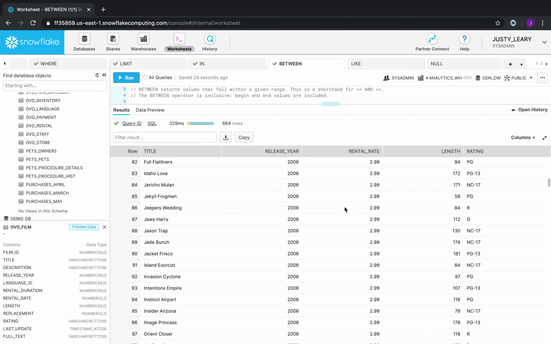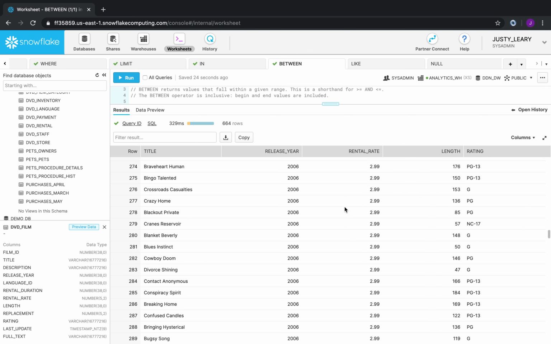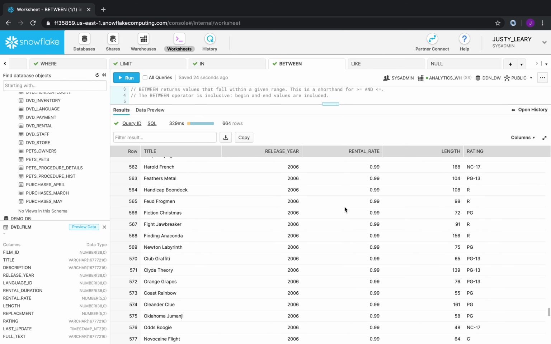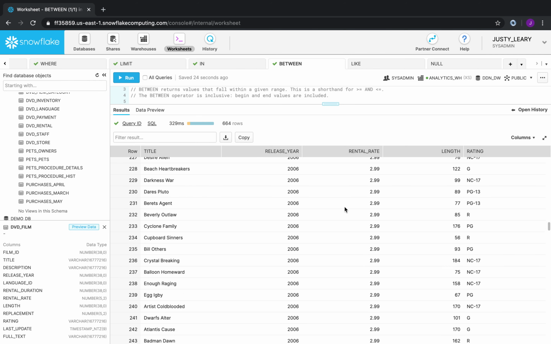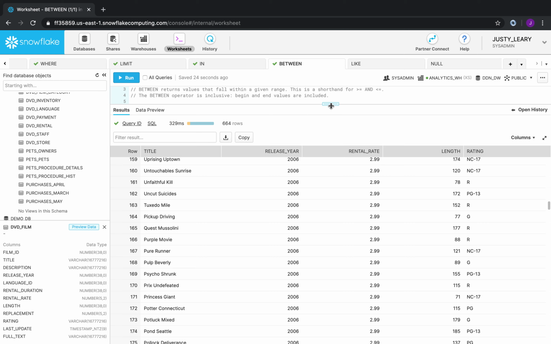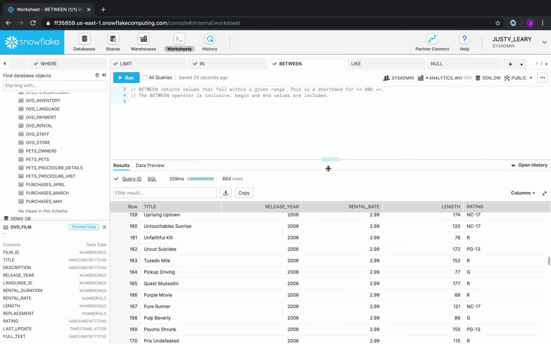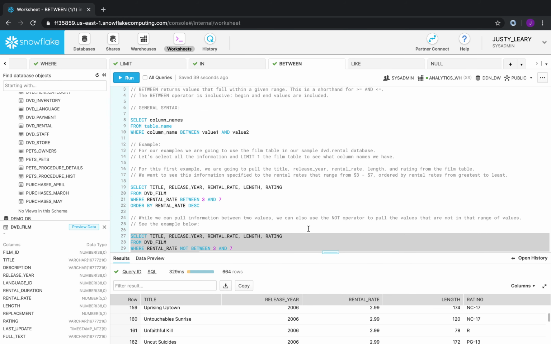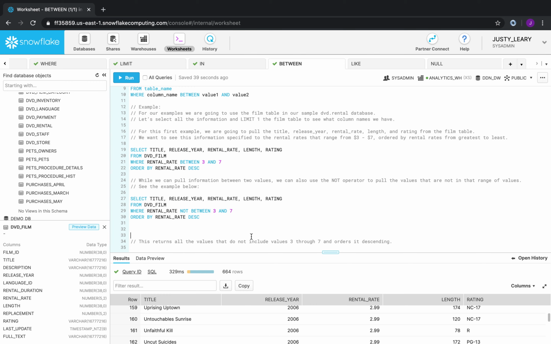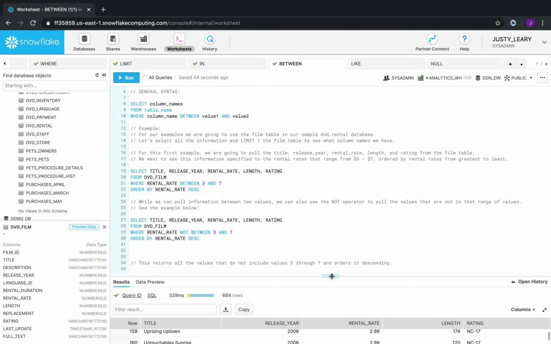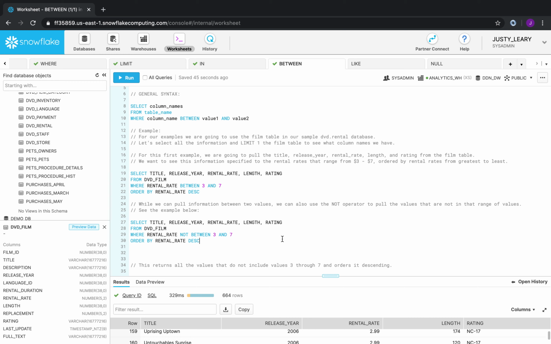Great. So we're not getting any values between 3 and 7. And it looks like there's nothing higher than $7. So our max rental rate is $2.99 for this query. When we are using the BETWEEN operator, just